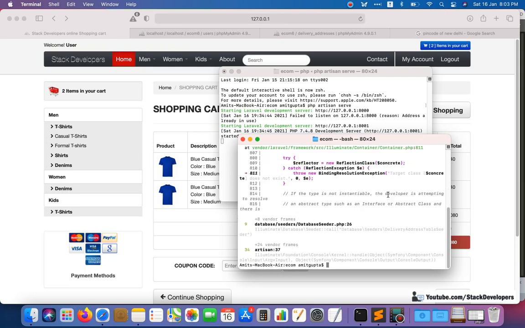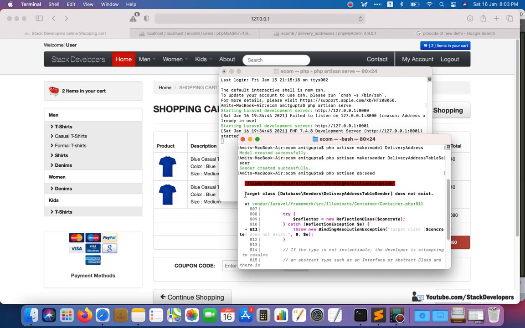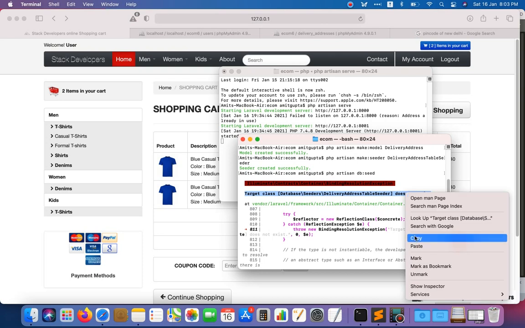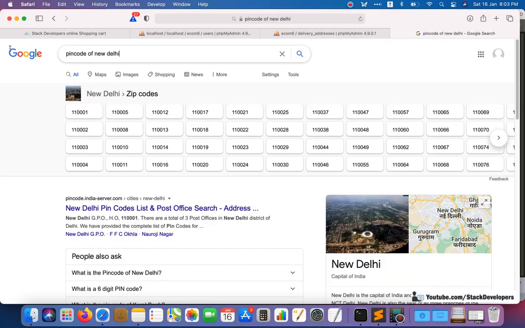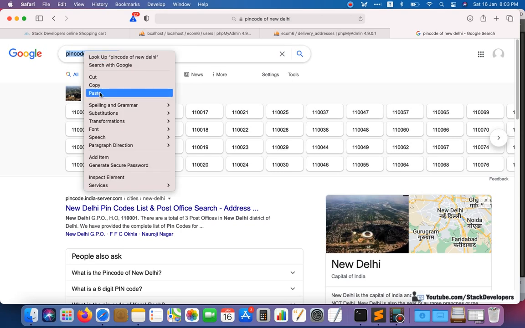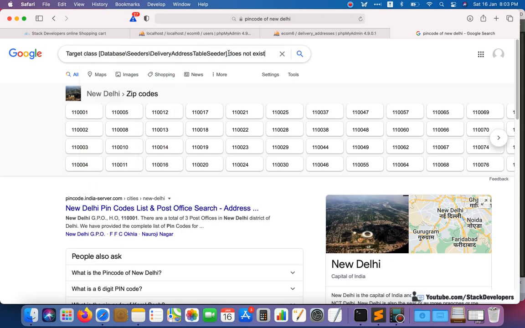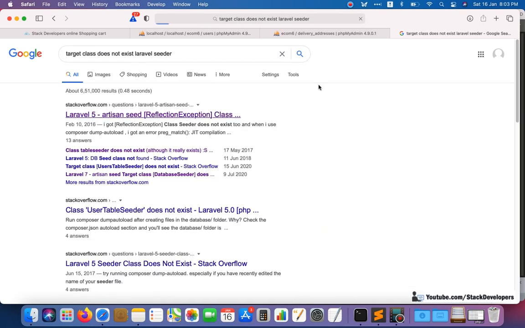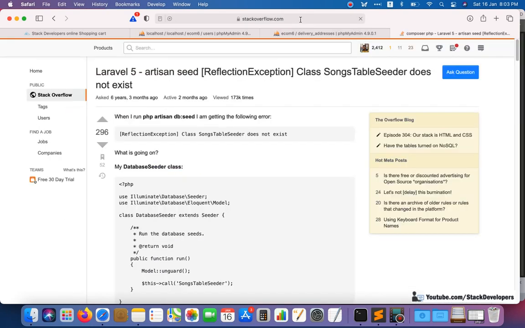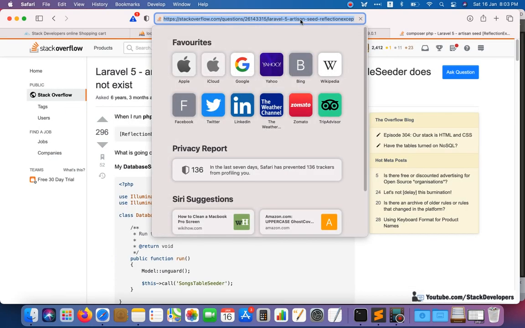Okay, so I will run one more command, but first of all I'm going to tell you that I have already done some of these steps last time, so I just required to run one basic step. But here I'm going to show you Laravel Seeder. Here you need to go to this link. This link I specified in the video description as well.